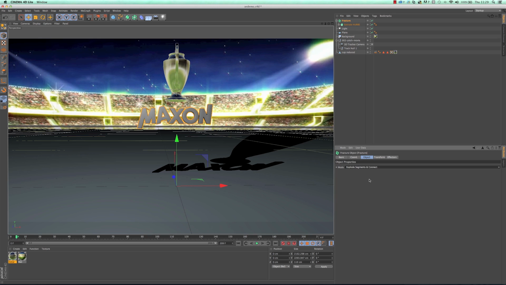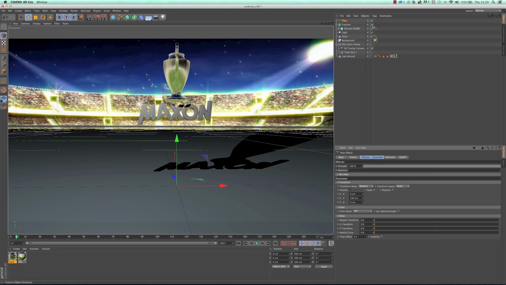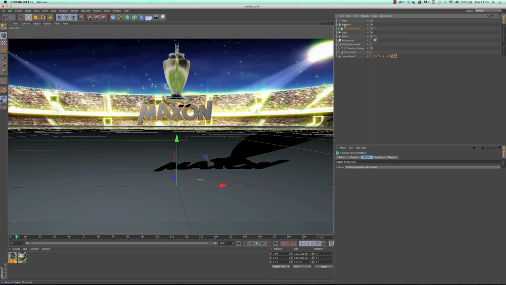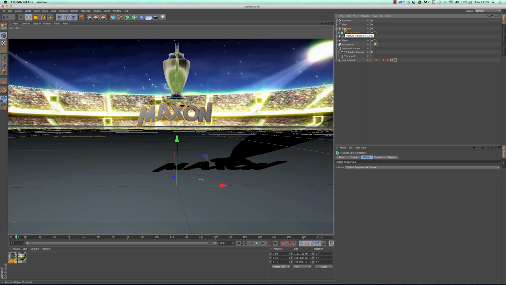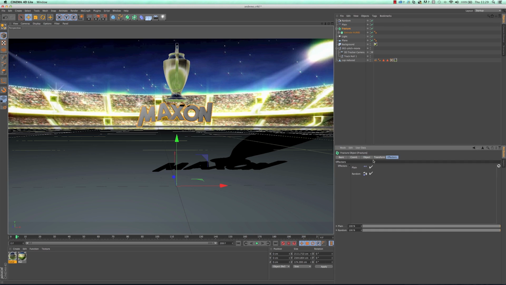So then what I need to do is make sure that fracture is activated in the Objects Manager, and I go back to MoGraph Effectors, choose plane. I then need to remember to select the fracture again, because I also want to add the effector random. And if you need to check whether that was set up right, you go to the fracture and you have a look at effectors and check that both are in there. So this is saying that both the plane and the random effector will affect the fracture object. Great. Okay, so what on earth do these do?